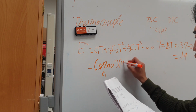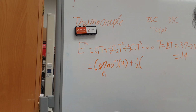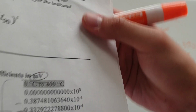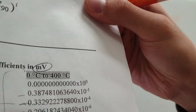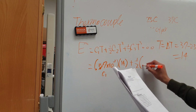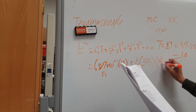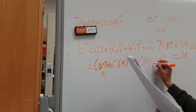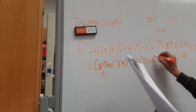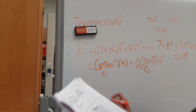So this times 14 plus half times C2. Here it is written as 0.33, not 0.333. So 0.333 times 14 cubed, actually, 10 to the negative 4th. That's just C2 given in the table. You just continue